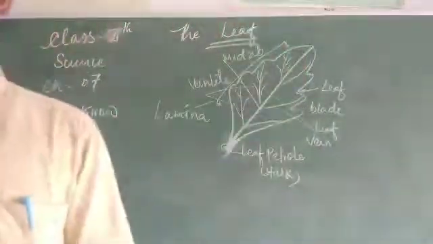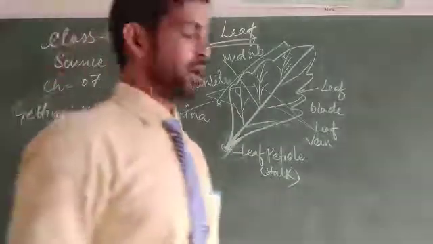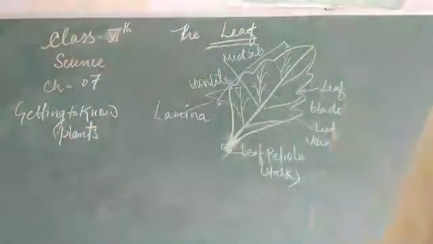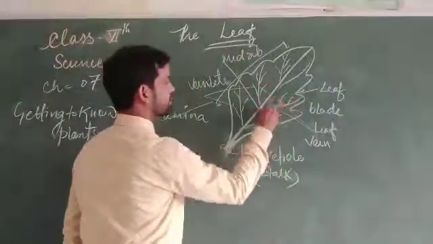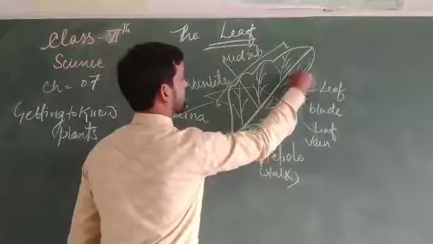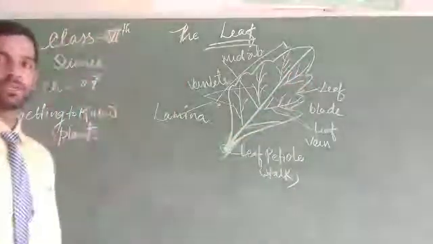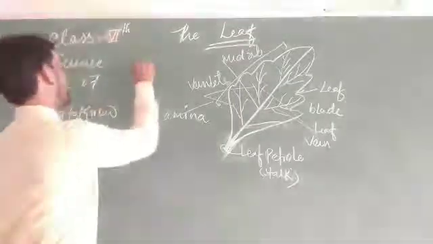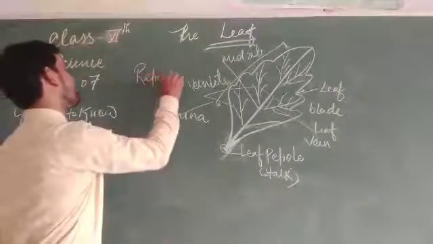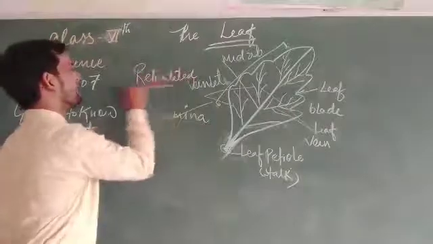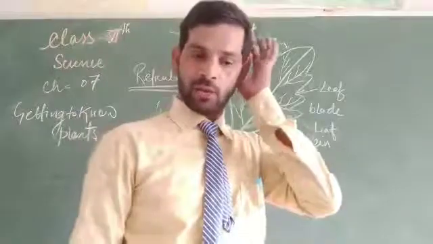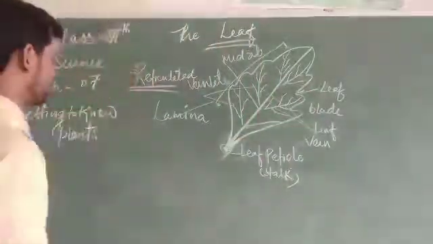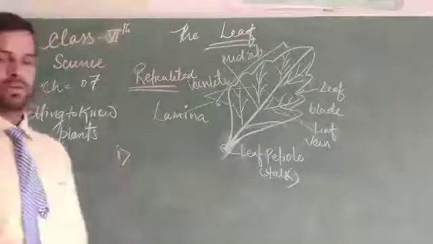Here we can discuss some of the other parts. It is a reticulated leaf. How can we know? This is because there is a network-like structure, so it is a type of reticulated leaf. We will discuss the reticulated and parallel types later. The first thing we have to discuss is what the leaf actually is, so on that basis it has to be written.